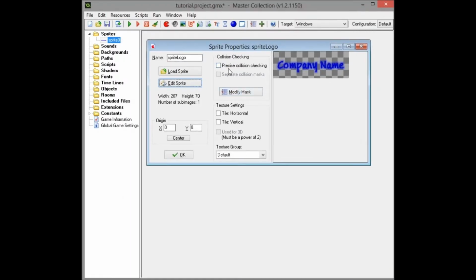And now what we're going to do here is modify the mask. Now a mask is basically, I'm not exactly sure how to explain it just yet. I'll explain it way more in detail in later tutorials, but just for the beginner, I'm trying to think of how I would do it. Okay, so think of it as,